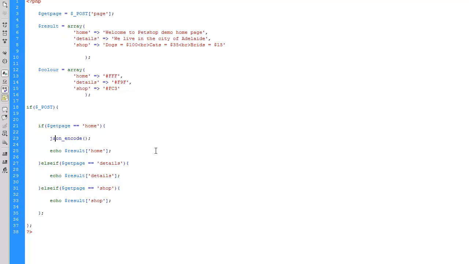And we want to echo this. So we want to echo this JSON encoded array, because that's what our Ajax is hoping to get in result. And we want to echo an array, a new array actually. So within this array, we're going to be specifying the background color and the content. So what we have to do is, once again, do the double, single, double bracket, doesn't really matter, equals greater, double bracket again, sorry,